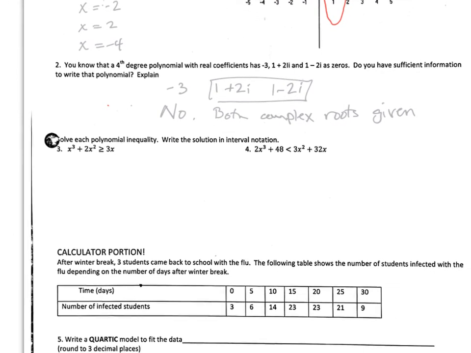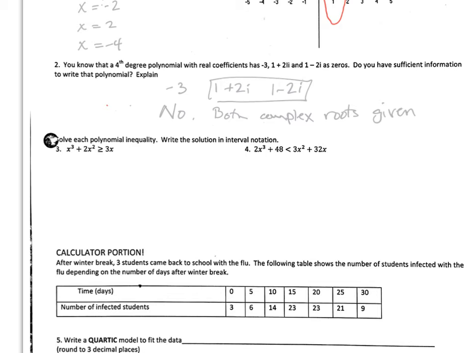Now, in terms of the polynomial inequalities, there is one question like this on the quiz. So all of this stuff is on the quiz. It's just not this many. So for this first one, we got to set equal to 0, so put it in order. GCF of just plain x, so we're left with x squared plus 2x minus 3. Factor it again, x plus 3, x minus 1, and our answers are 0,